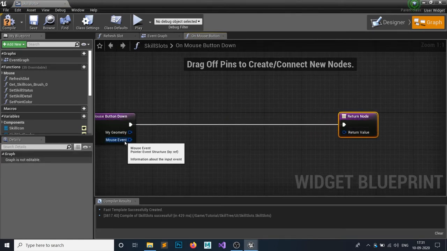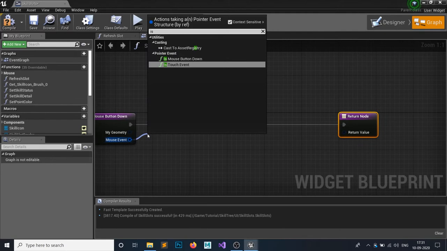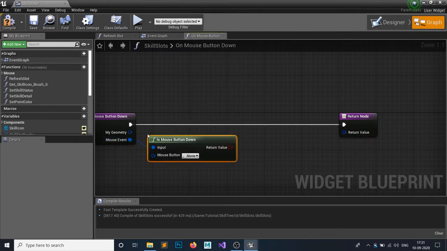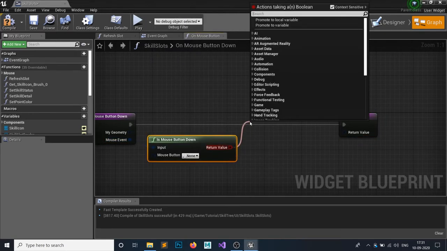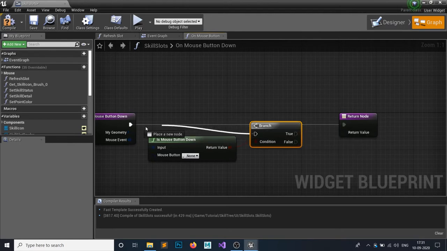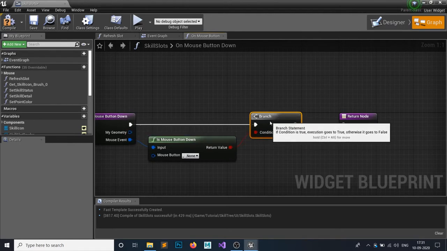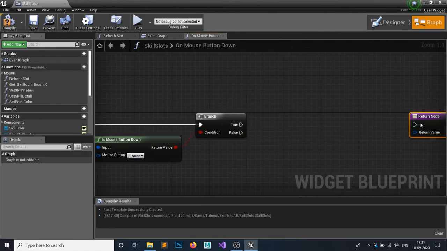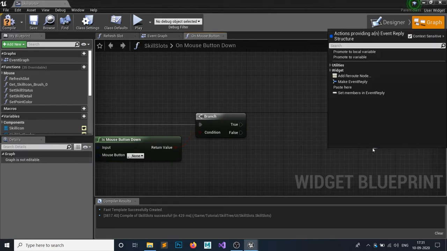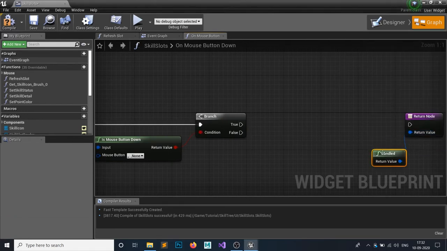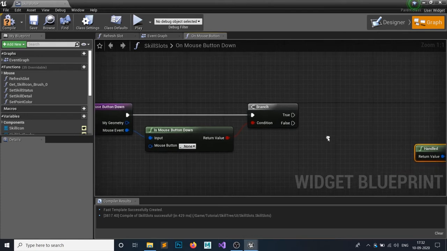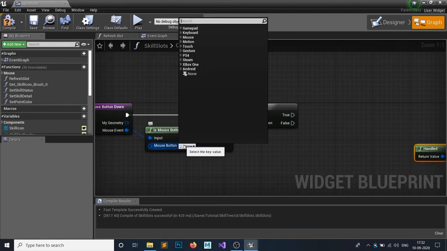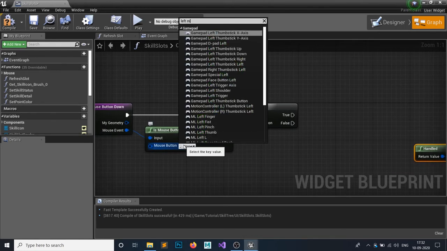Inside this mouse button down you can see this mouse event. Use is mouse button down is true, and add it to your branch. And add this return value to say handled, something like this. And what is your mouse button? It would be your left mouse button.